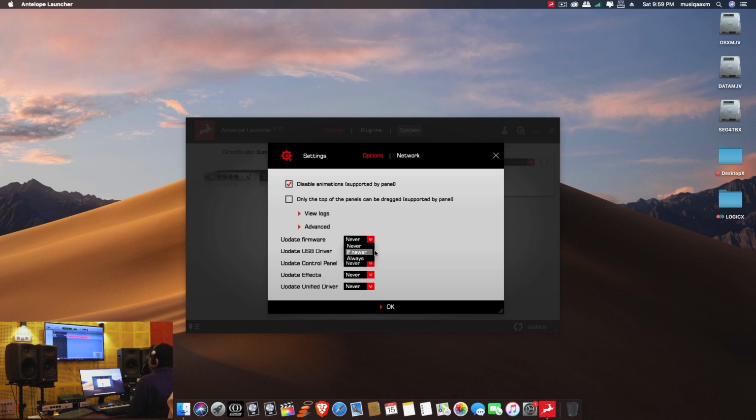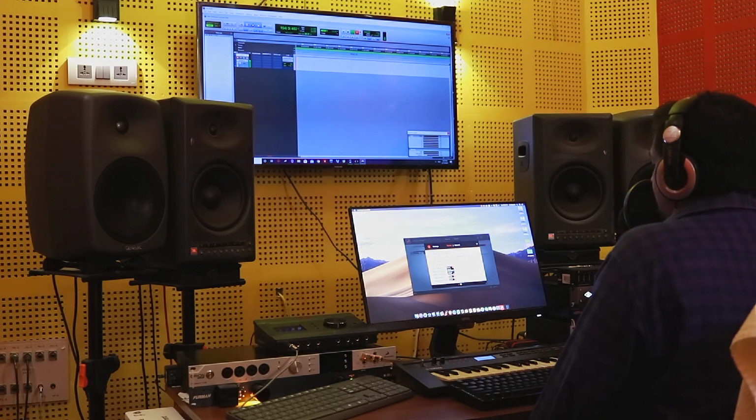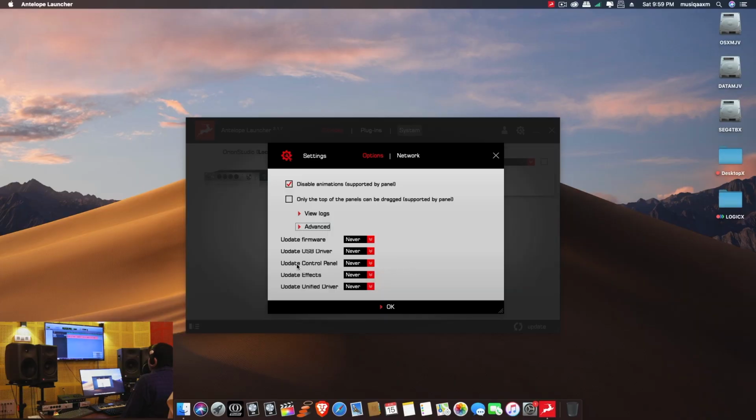You can come to the Facebook group and check others' opinions also before doing the update. Most of the time Antelope is doing an update to fix bugs, or to give you some more options, but sometimes some compatibility issues will occur depending upon your system. So I recommend choosing if newer. For the control panel, I will definitely tell you to select never.